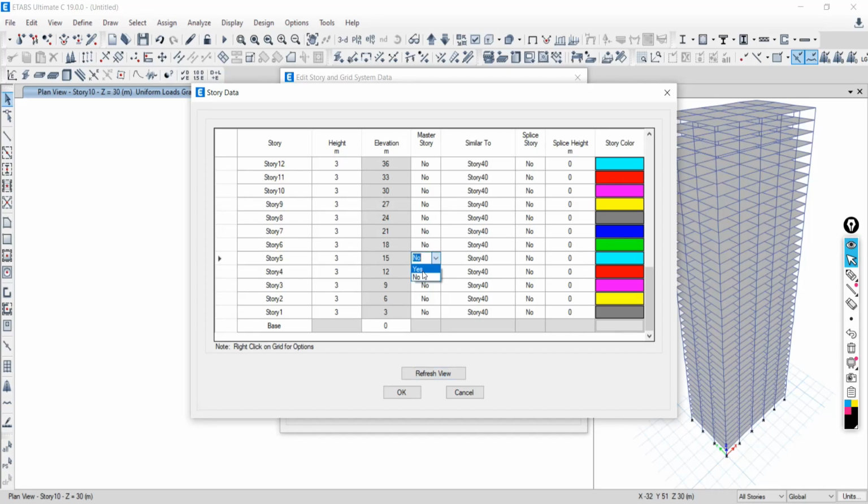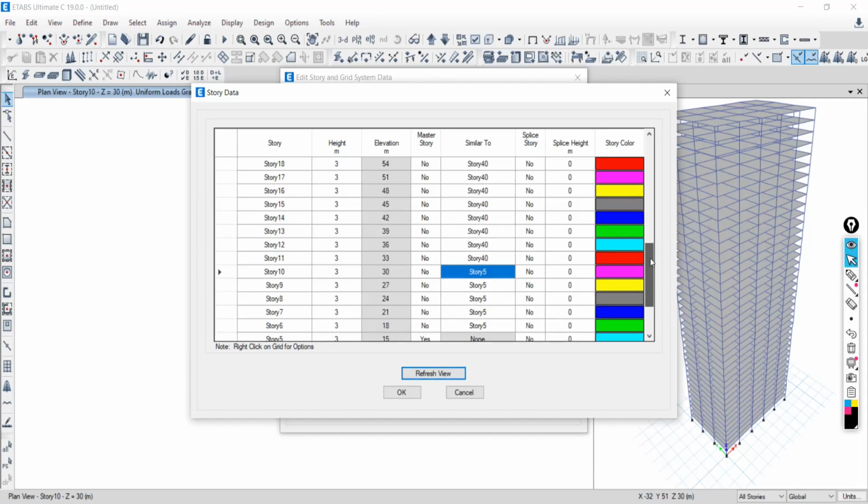Then 6th story is similar to what? 5th story. 7th story is similar to 5th. 8th is similar to 5th. 9th is similar to 5th. 10th is also similar to 5th.